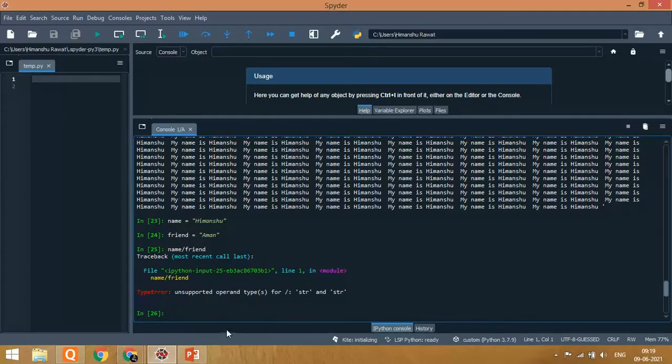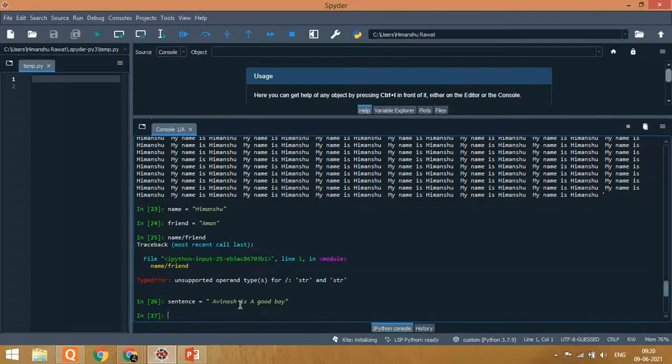Next thing, suppose I want to create a variable named sentence. Sentence equals to Avinash is a good boy. Now if we want to get only Avinash, or only A, V, I, a single result, how can we get a single result from a complete variable? For that we have to type sentence, the name of the variable,